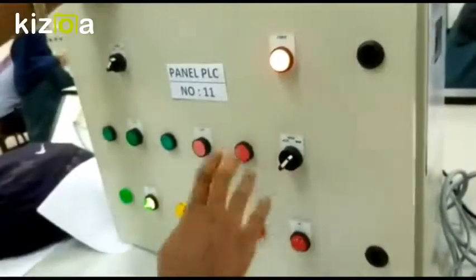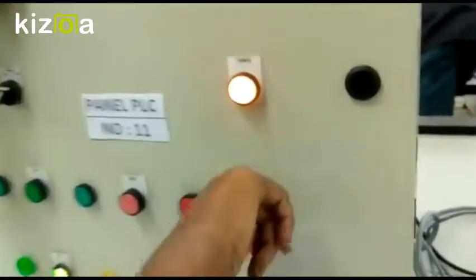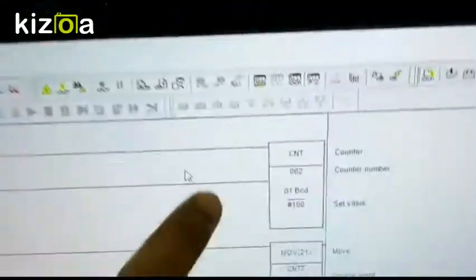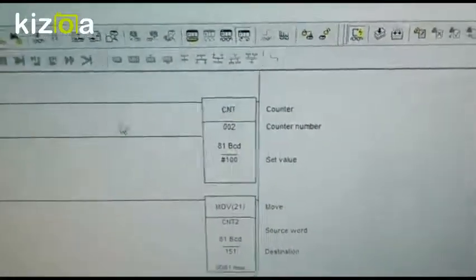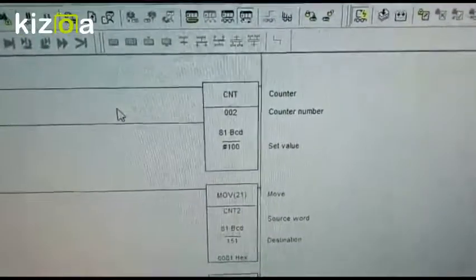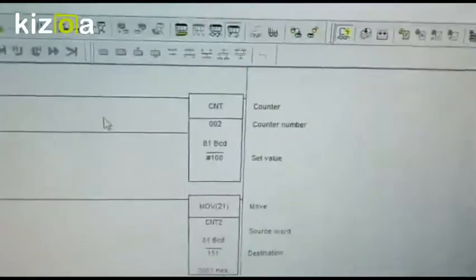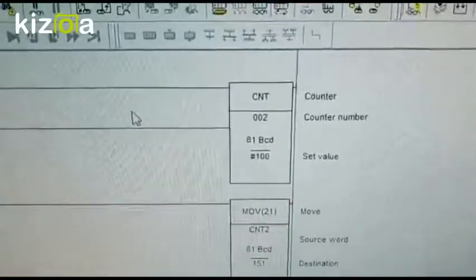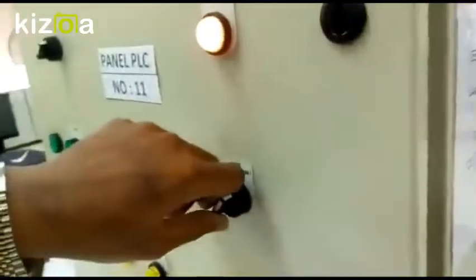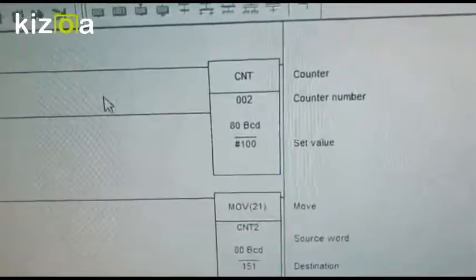And you can see here, if I set it to no cone, the counter will stop. It will not count, because the counter only counts the cones that have been filled by the sprinkler. If there is no cone, how can the sprinkler be filled by the machine? So we set it to there is a cone again. You can see the counter is moving again.